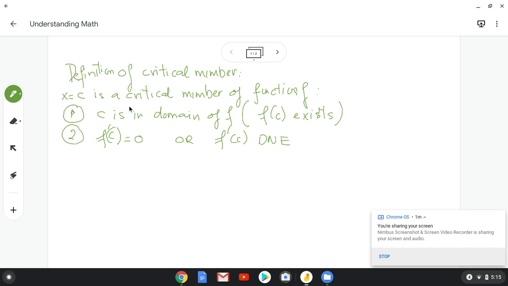x equals c is a critical number of function f if two things happen. First of all, c must be in the domain of f, and the second one is either the derivative of the function at c is equal to 0, or the derivative of the function at c does not exist. So in order to understand